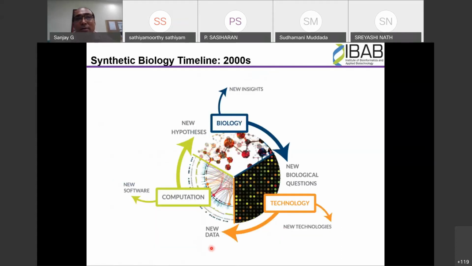Now, since there were so many omics data, metabolomics, transcriptomics, genomics, proteomics, there was a huge amount of data, and that started the bioinformatic revolution, right? All this data has to be made sense of. So that attracted a lot of computational biologists, the computational people who came to biology, and they were analyzing all this data to form new hypotheses. The biologists were testing them in the lab, and then getting new insights: